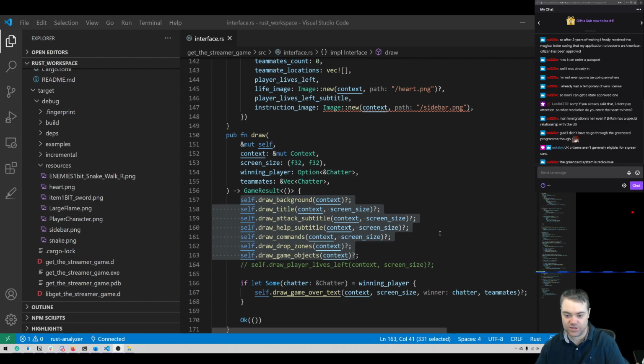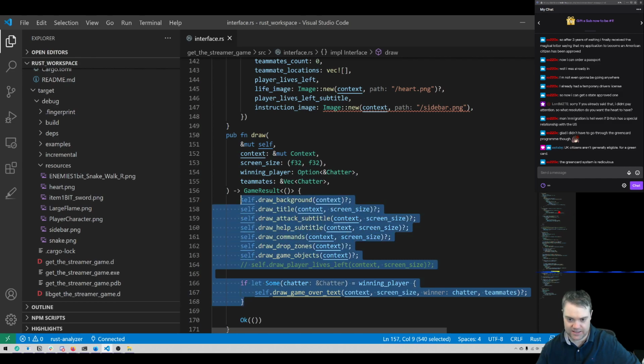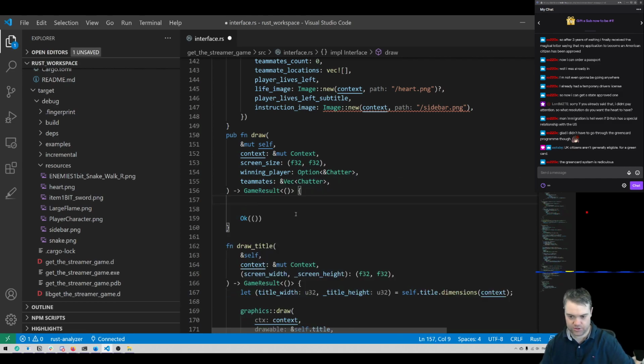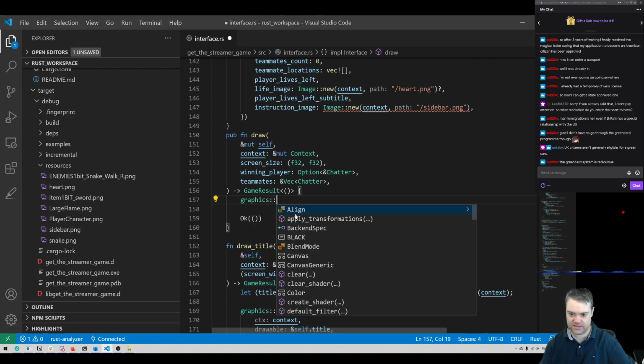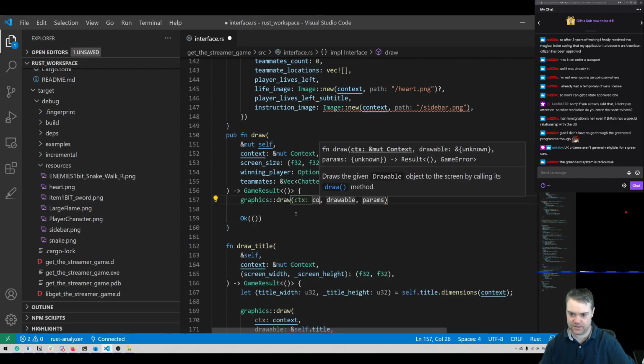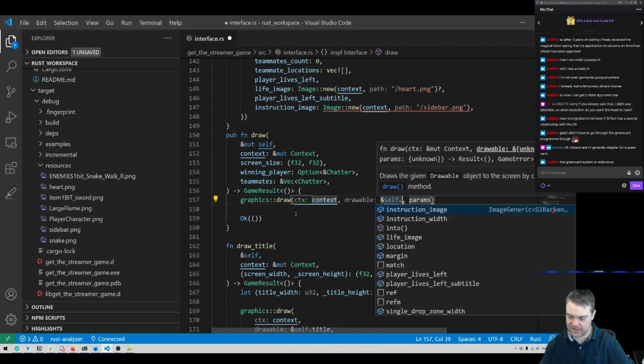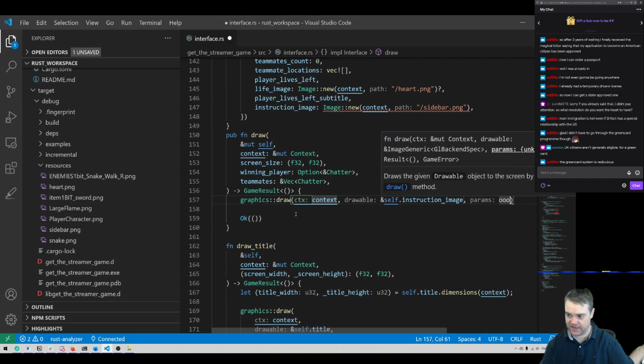All right. So we don't need any of this stuff now. Basically, in our draw, we just want to do graphics, draw, and the context. The drawable is going to be self dot instruction image, and then we're